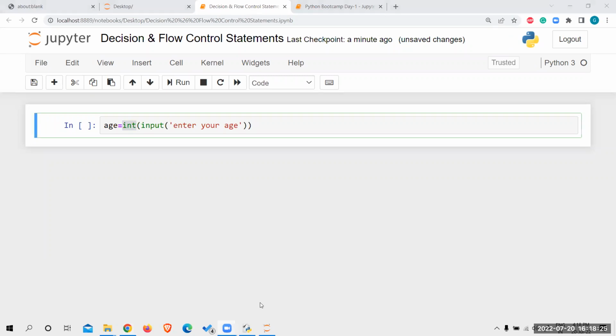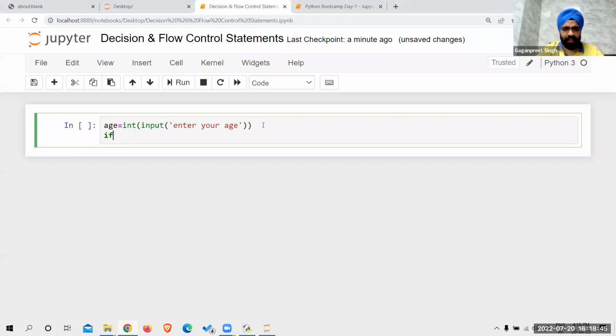The type of input we have to give is integer data type. Basically, we want to receive an integer value from the user, otherwise by default the value would have been in string format. Enter age, and after that I'm writing the if condition: if age is greater than 18